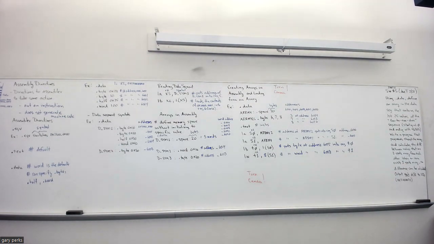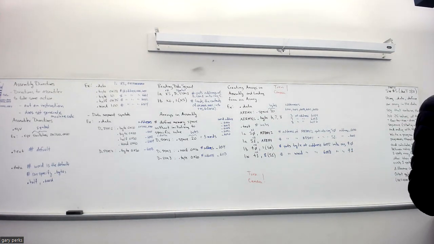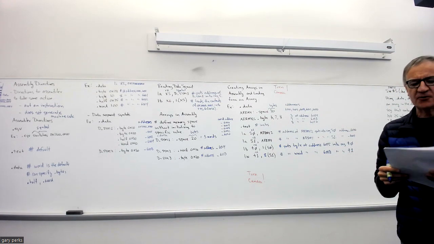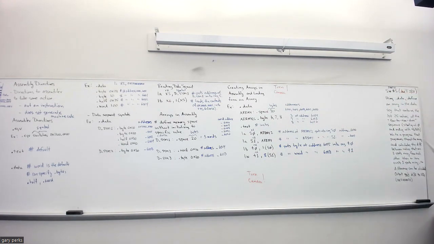Now, when you do your final project software, you could do it as a final project if you wanted to. But anyway, we're going to skip over that one. So I'm just going to start you off on the part that you have to do, part 1. And this is the problem statement. Using the data directive that we just talked about, define an array in the data segment that contains the first 25 values of